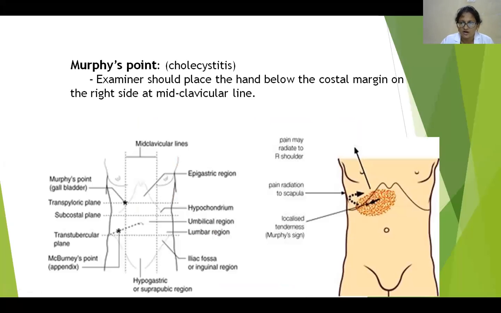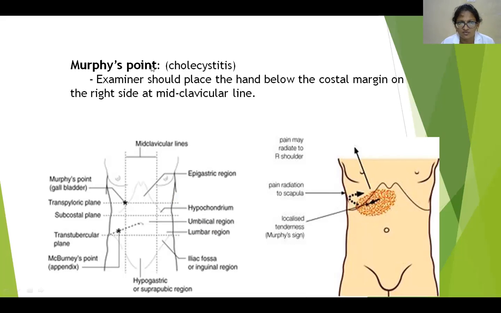Murphy's point. Okay. How should you examine it? The examiner should place the hand below the right costal margin, in the mid-clavicular line. See, this is the mid-clavicular line. This is the right costal margin. Here you should place the hand below the costal margin, and you should feel the